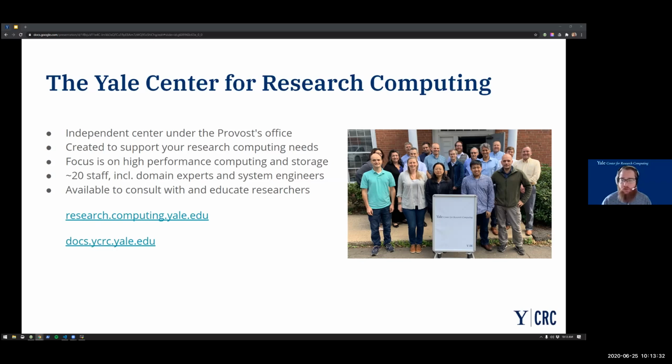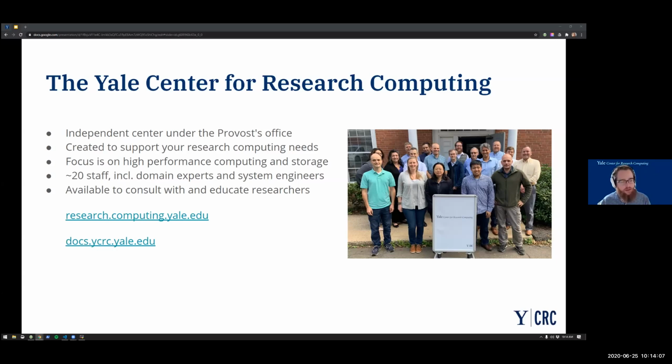Primarily, the folks you would be interacting with are either really technical engineers that help design and maintain the clusters, or folks like myself who have some domain expertise and are your analysts. We help get your work translated well to the cluster environments, and we are also often trainers and advocates of the scientific community in the context of Yale administration.